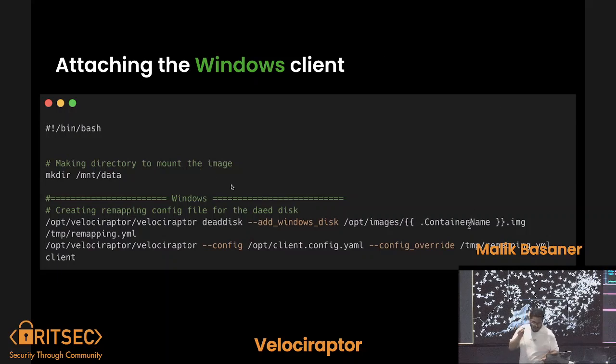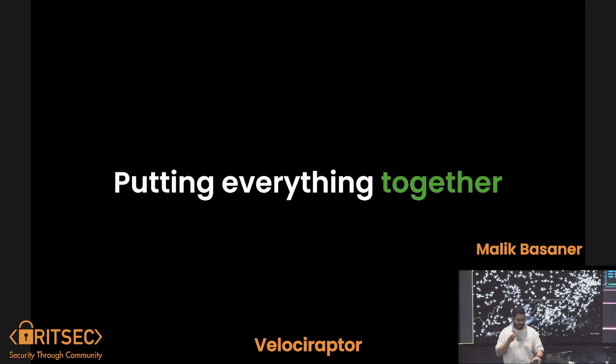So if you can see in the Velociraptor, the second command after the comment, this one here. Yeah. If you can see in this one, oh, sorry. We can just add the flag and we give it the image and then we give it the remapping file, and then we're gonna connect ourselves to the actual server with our configuration overwritten, and we have the remapping configuration. That's how you create a Linux system. This is how you create a Windows system and how you mount different images to those containers.